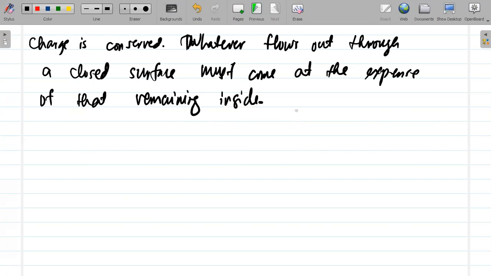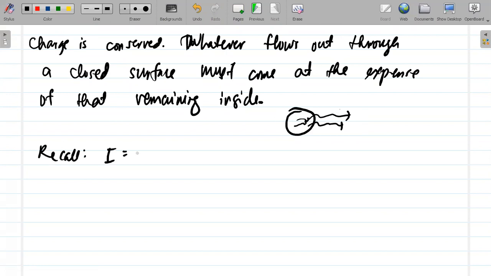So balik class, anong ibig sabihin niyan? Meron kang closed surface. So whatever flows out, kung anong lumalabas diyan, must come at the expense of that remaining inside. Manggagaling dito. Kung may lumabas diyan, that means nabawasan ito. Okay, so yan muna yung tandaan niyo. So let's recall that